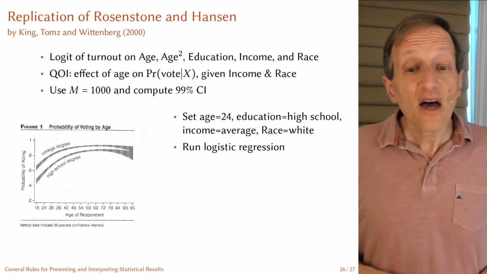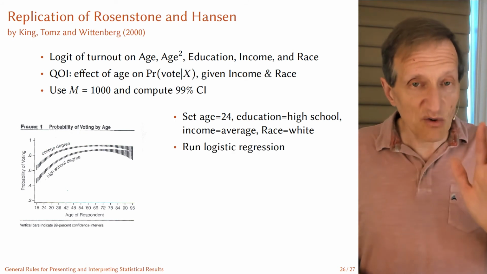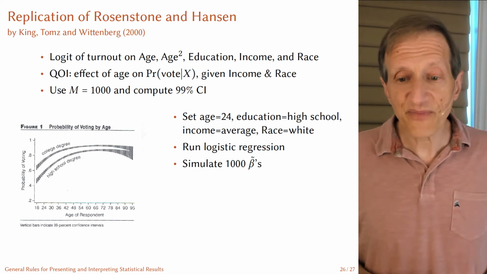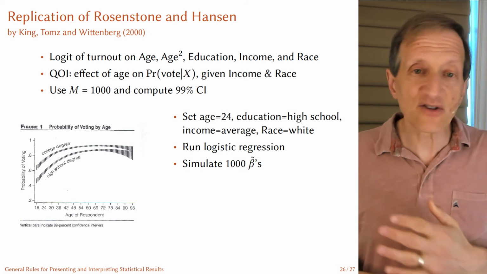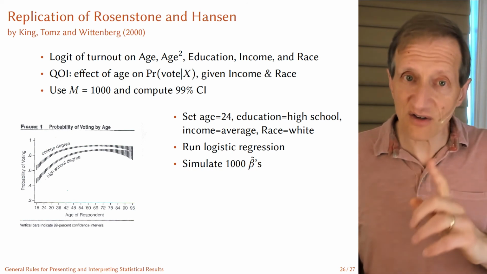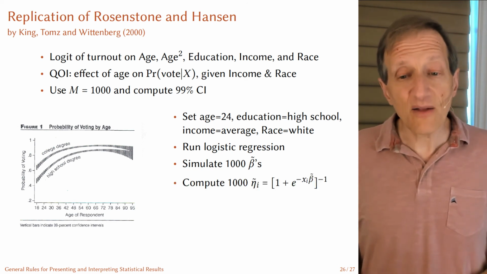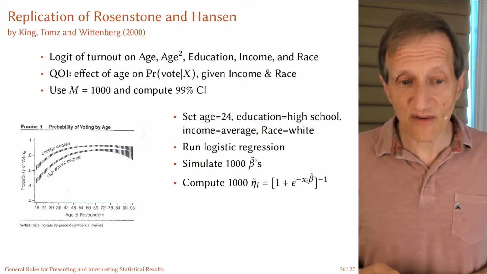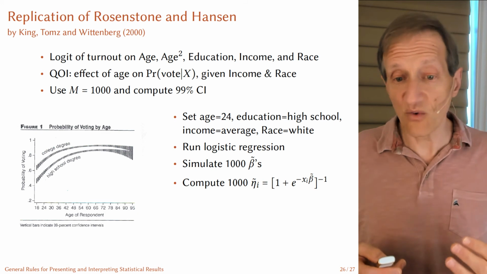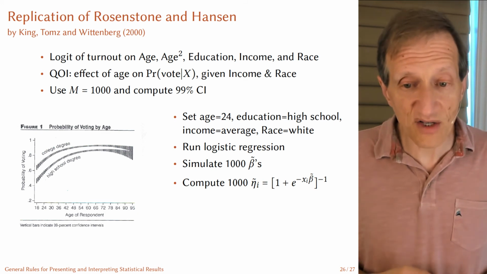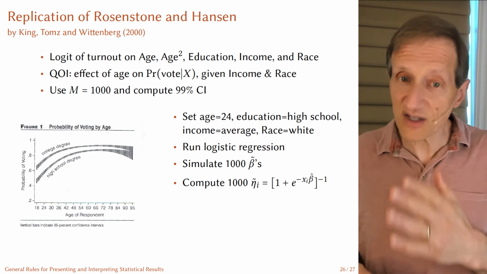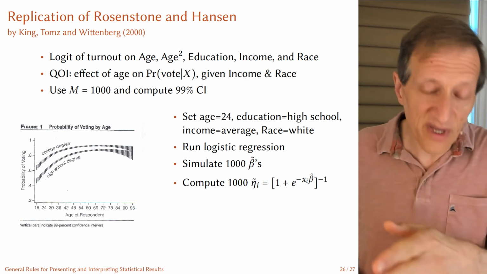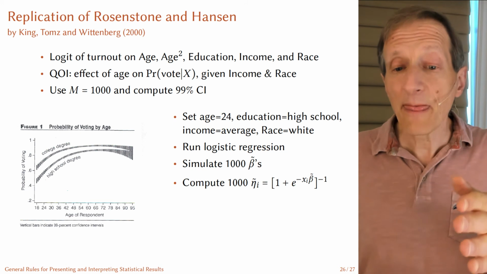Okay. So we set the values of C. We choose X sub C. Then we run our logistic regression. We simulate 1,000 betas, beta tildes, indicating they're simulated. We take the beta tildes, stick them into the systematic component. In this case, it was a logit. So we stick it into 1 over 1 plus e to the minus x beta tilde, because we got the estimation uncertainty for beta tilde. We put them in here. We now have the